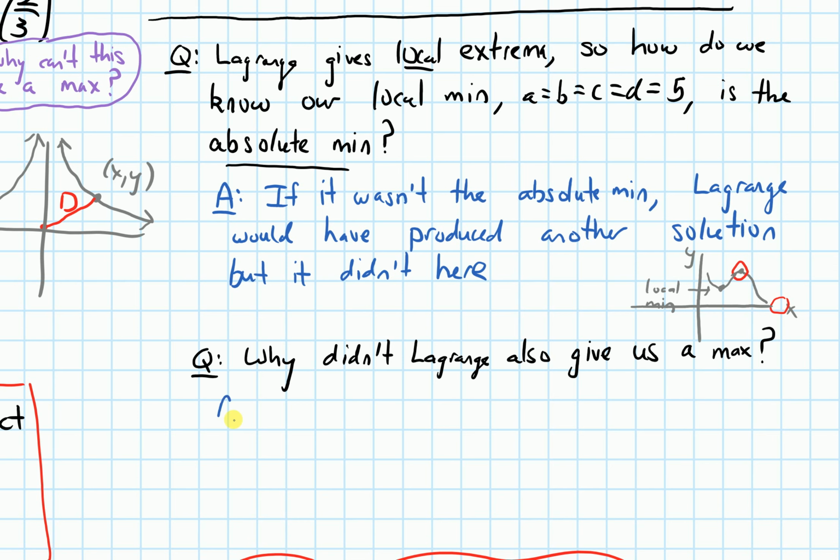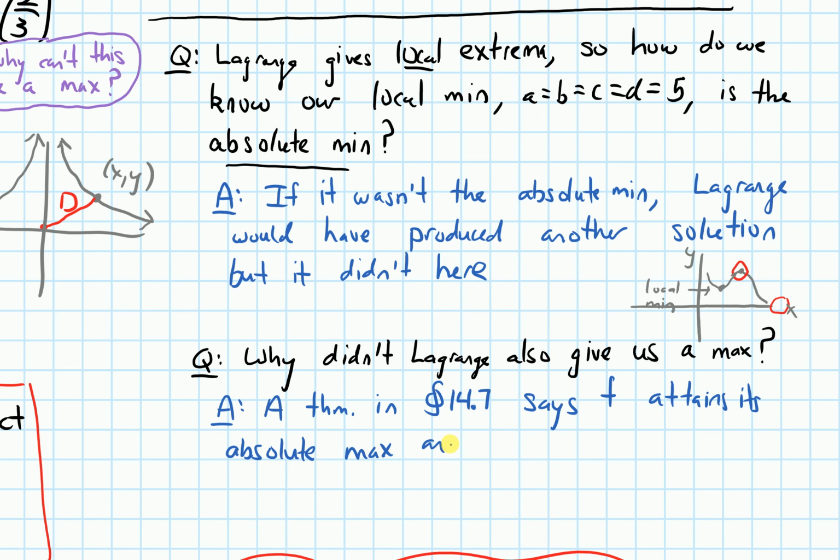It gave us a local min, how come it didn't give us any local maxes? And the answer to that is, there was a theorem in section 14.7, a previous section, that says that a function attains its absolute max and min